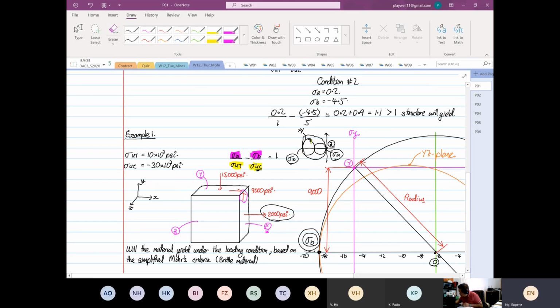And then stress Z over here is going to play a part in analyzing your Mohr's criteria. So you have to be really careful. This is the end of the series of 2D, 3D. And then we have been looking